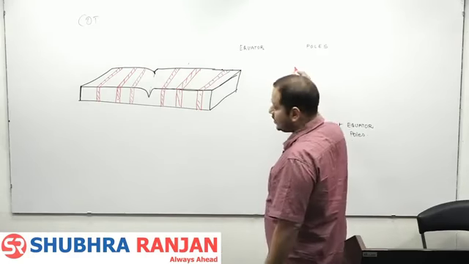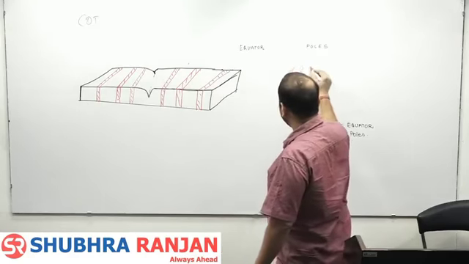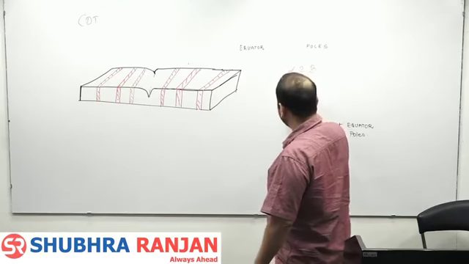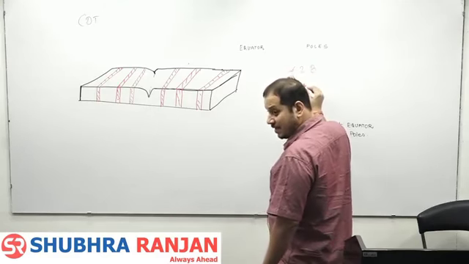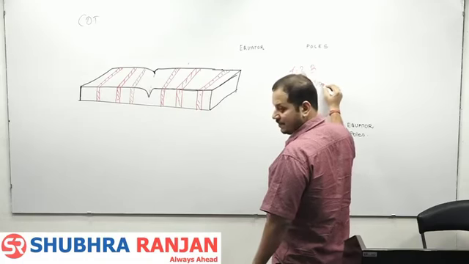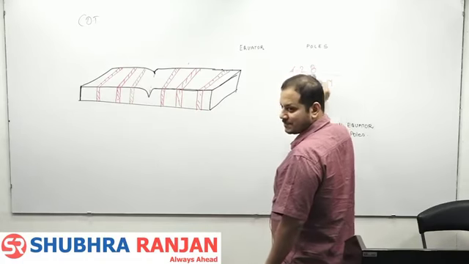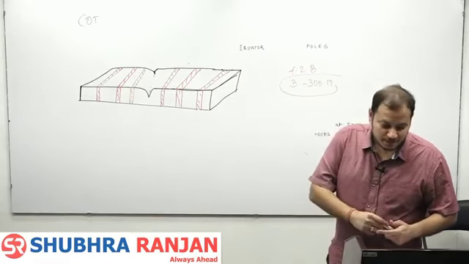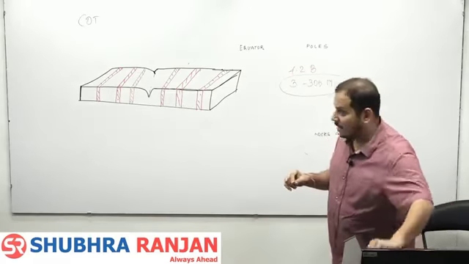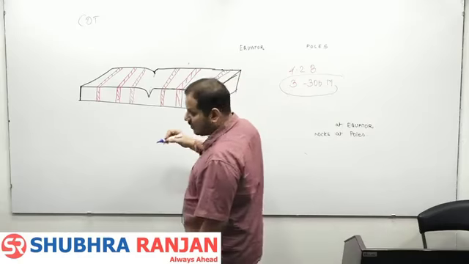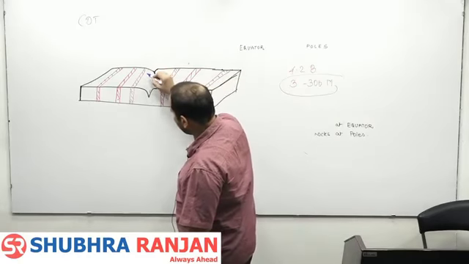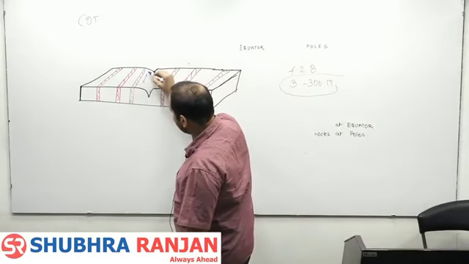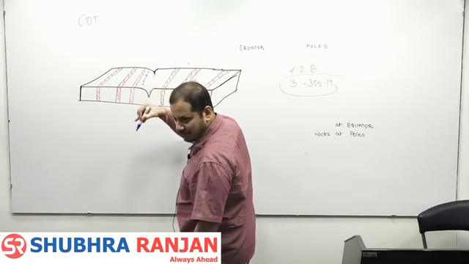Oceanic crust. What is the age of the earth? 4.2 billion. What is the age of the oceanic crust? 300 million. Huge difference between billion and million. Fine. And if I go and study the magnetic property, I will see that some of these rocks are aligned in north and south direction as of today.